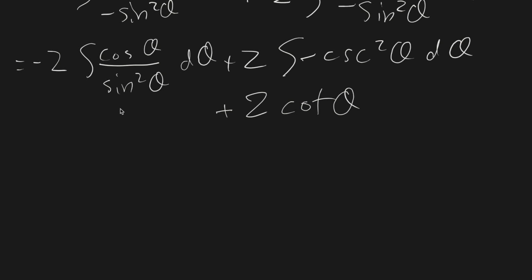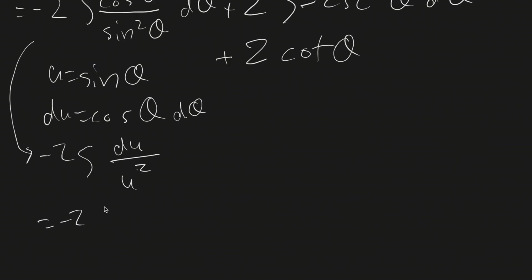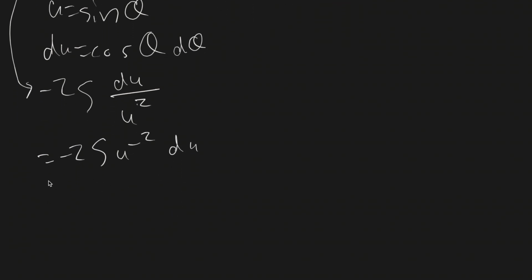Anyway, let's get back. So to integrate this, we can just do a simple u substitution by setting u equal to sine theta, meaning du is cosine theta d theta. So when we bring this down, it becomes negative 2 times the integral of du over u squared, which is equal to negative 2 times u to the negative 2 du. We can easily integrate this, and it becomes u to the negative 1 over negative 1 plus c,